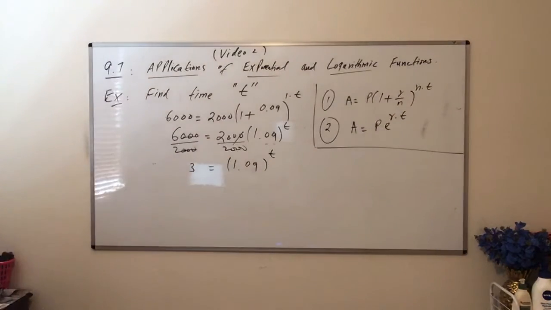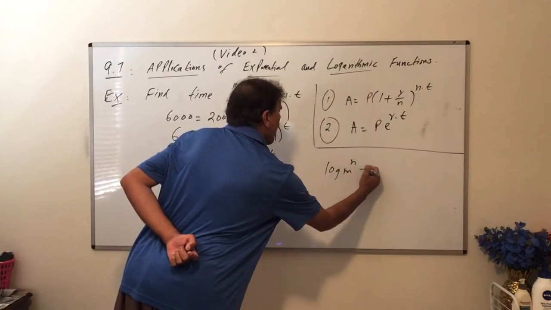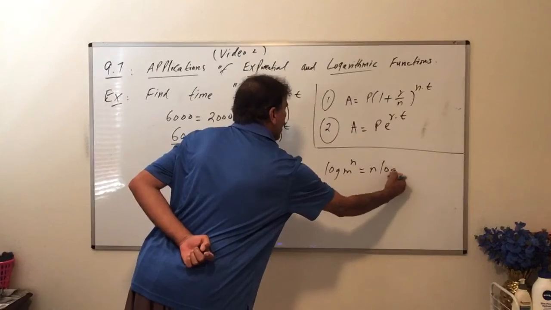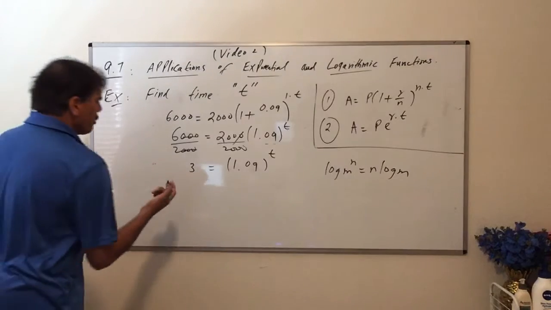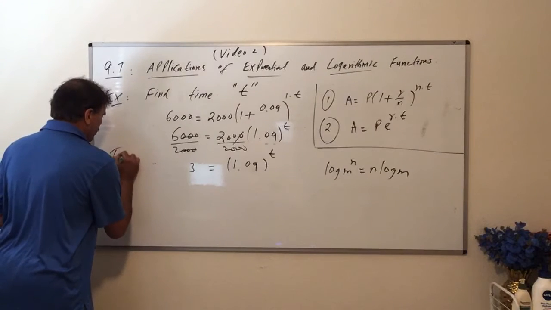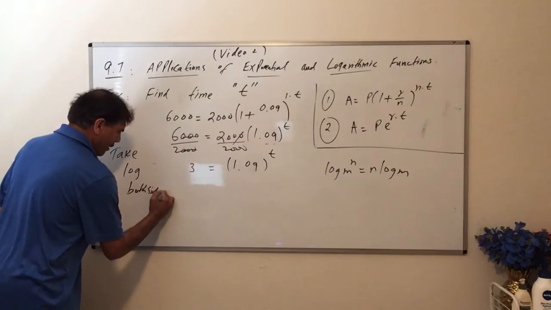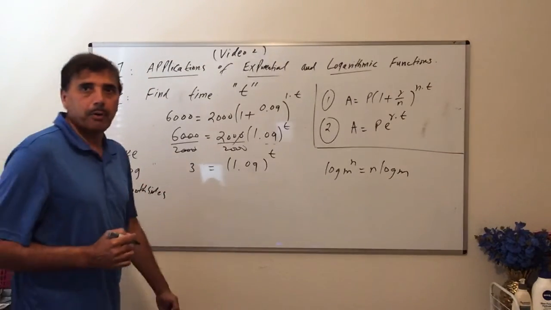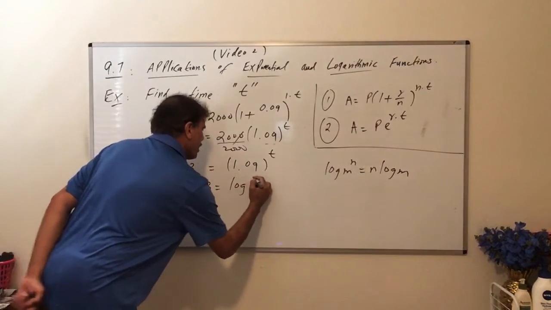This is where you use logarithms. People ask what exactly we use. We need to bring that t down, so we're going to use this property: log of m to the power n is always n log m. It's one of the properties we learned in the same chapter. In this case we're going to take the common log of both sides. Take log of both sides. So log 3 equals log